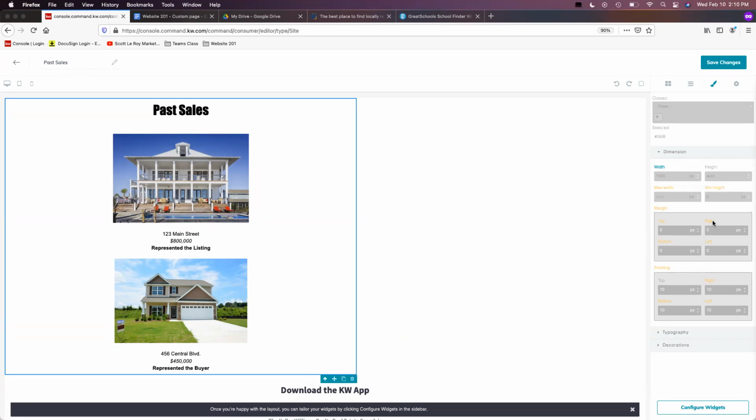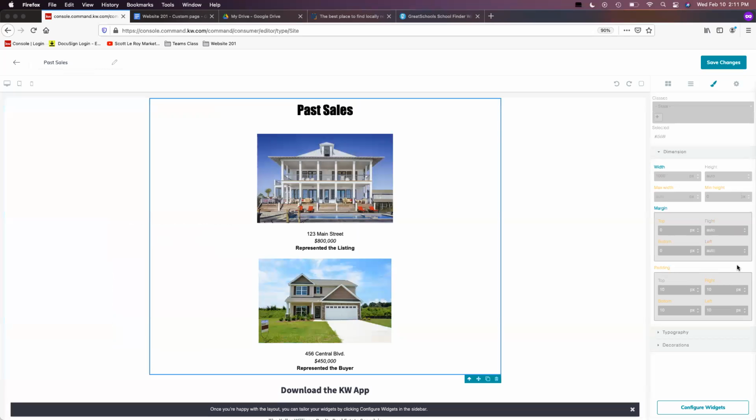Once you guys have added that in, we're going to jump down to the margin section, and you'll see where we have right and left. For both right and left, all I'm going to do is type in the word auto, A-U-T-O. Make sure that you are spelling that correctly. Then once I have that added, I'm just going to click outside of it, and you'll notice that it